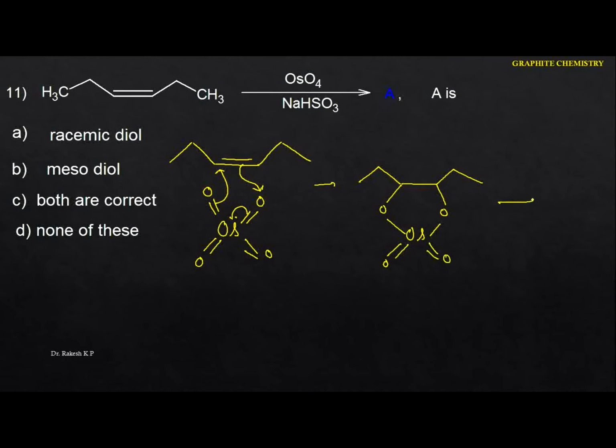And the next thing in the reaction is water. Just identify here, in the water we can identify the positive part as well as the negative part. The positive part is attached to this oxygen here, and the negative part of the water is attached to this osmium here. Whenever it reacts with the water, here we got this compound. That means we got the respective diol. So here also we can identify that the addition of the OH groups will be syn.